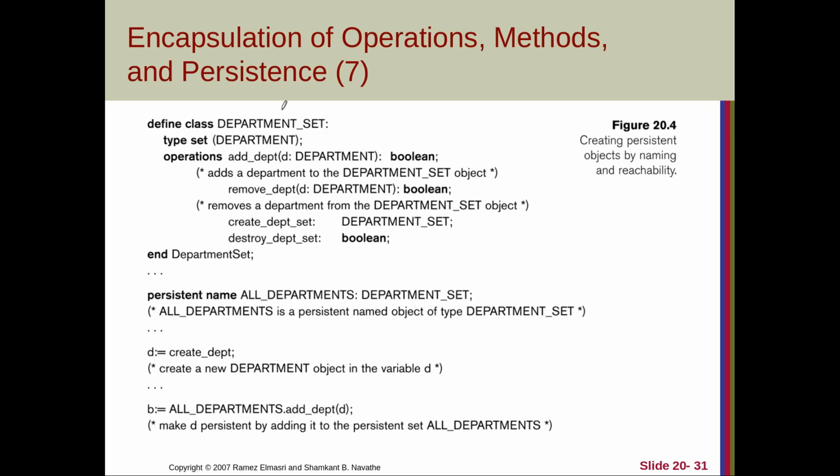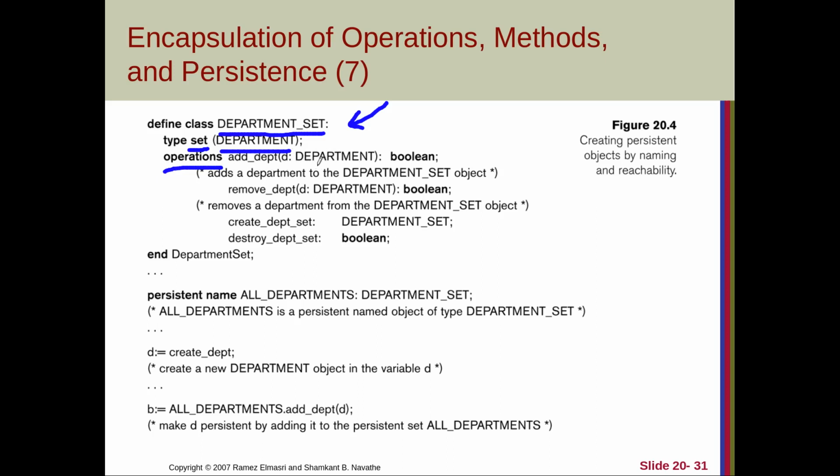You can see we have already defined class department, that was given in the previous example. So I'll be defining a new class, define class department set. It has a type set of department. So it is simply a class that consists of a set of departments. Department we have already defined, right? Again, it also consists of some operations. Add department,